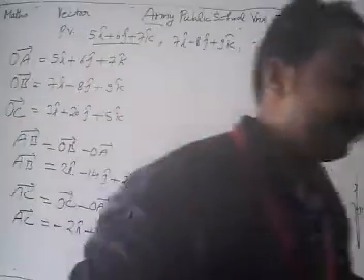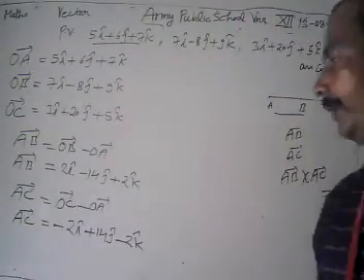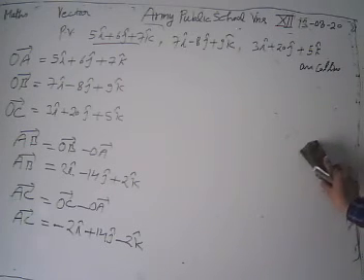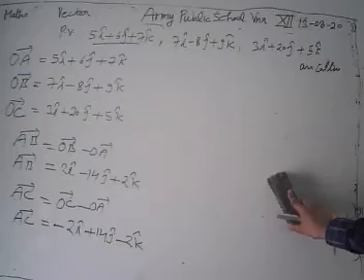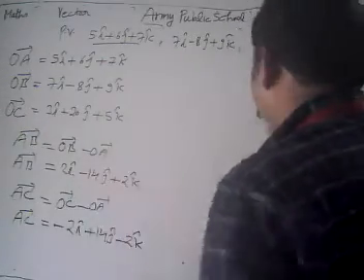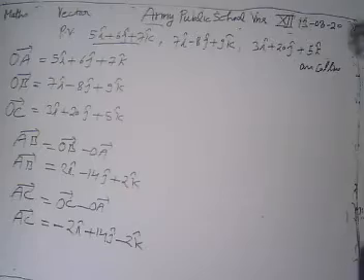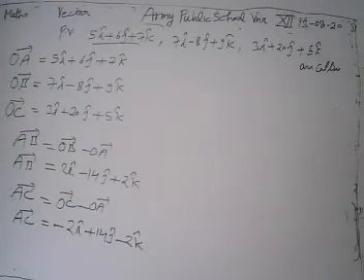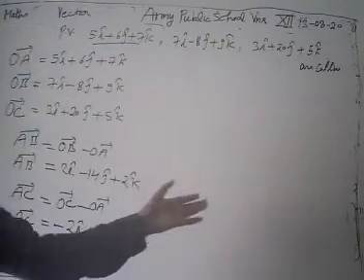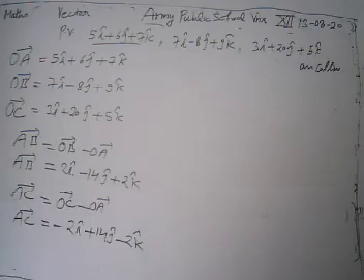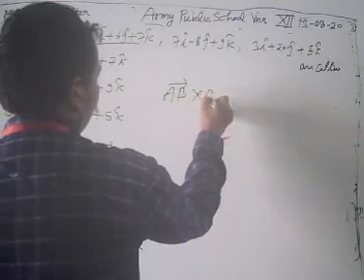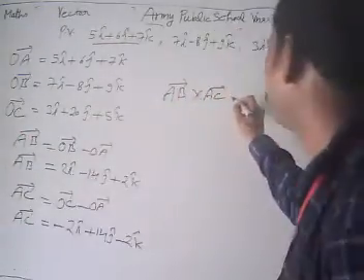Now we have our vector AB and also our vector AC. Vector AB is given by 2I cap minus 14J cap plus 2K cap, and our vector AC is given by minus 2I cap plus 14J cap minus 2K cap. Look, exactly what I am discussing with you. Now we are going to show that the cross product of vector AB and AC will be 0. So we take the cross product of vector AB cross vector AC.